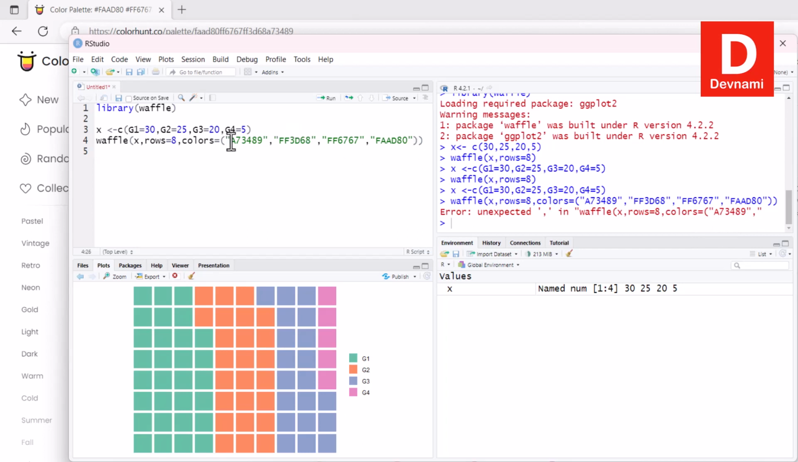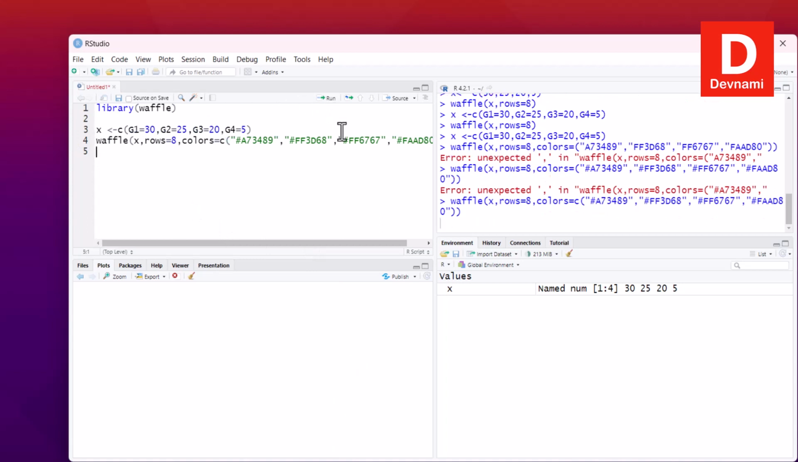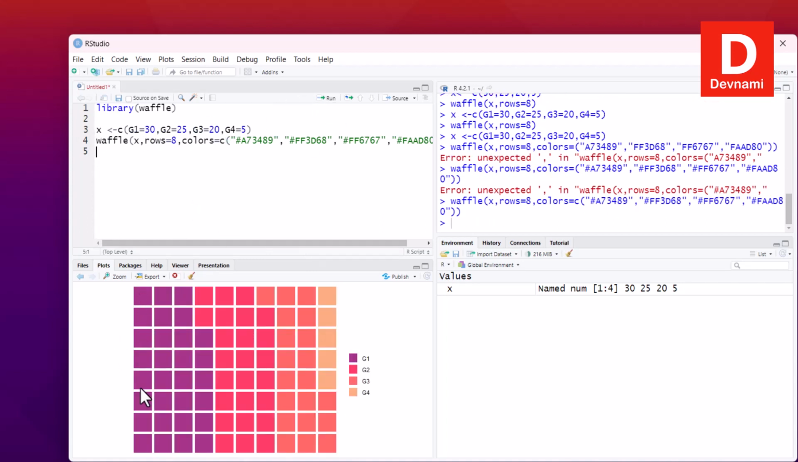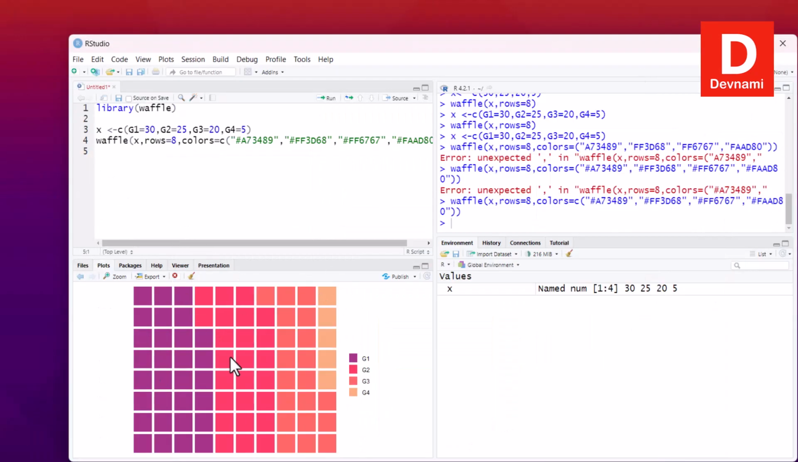Okay, so it seems like we missed with hash, right? So suppose we have to add that. Okay, so what was missing was using the C here. So C needs to be used before we can pass any function containing all hex values. So we will run this, and here see our new color palette is now visible here. So it looks pretty cool with this. You can experiment with any other color palette of your choice, so the final output will vary accordingly,